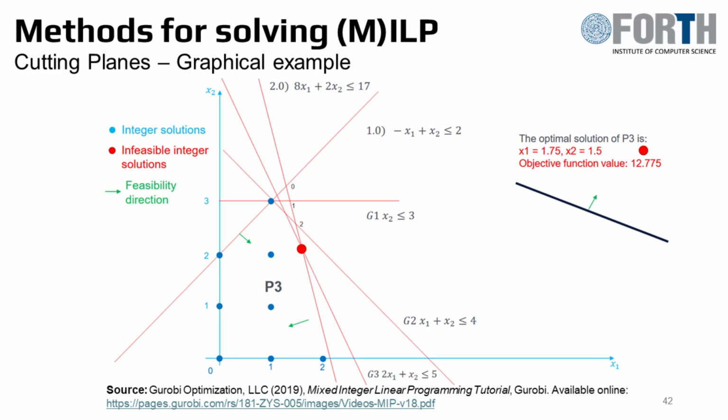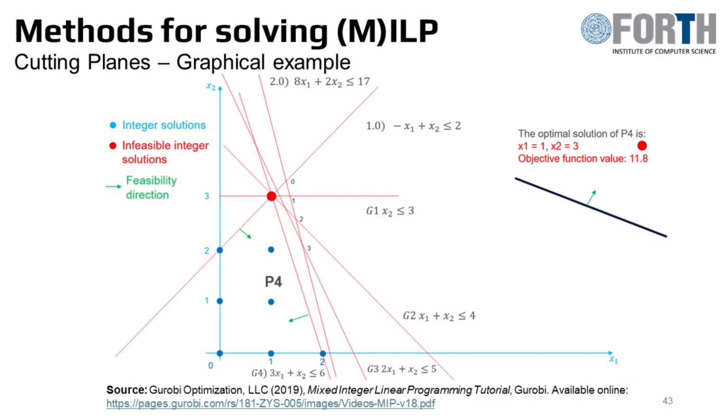Because the LP optimum is still fractional, a third cut labeled G3 is added. Now the feasible region is significantly tighter than the original relaxation. Visually, several fractional corners have been sliced off. When we resolve the LP again, the optimal solution moves closer to the integer lattice. The objective value decreases compared to the original relaxation, reflecting the fact that we are now solving over a smaller